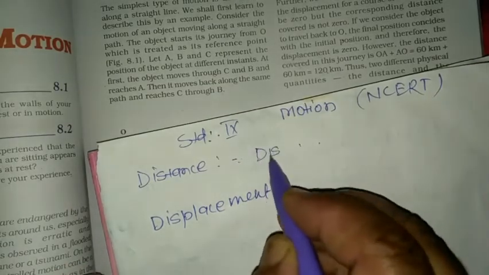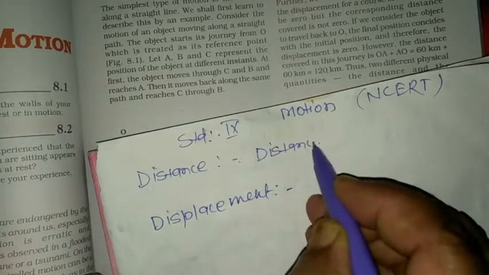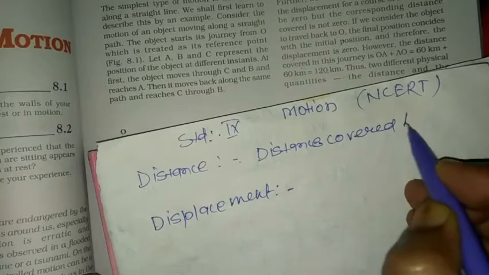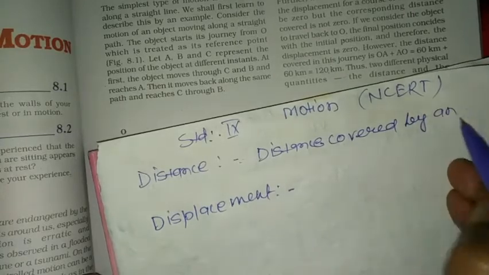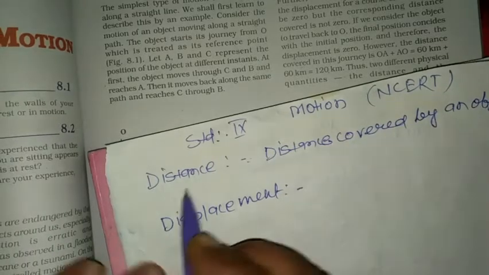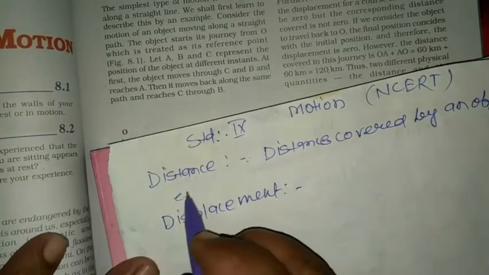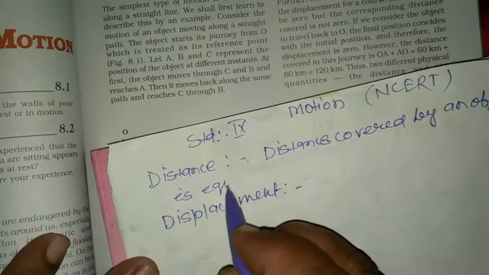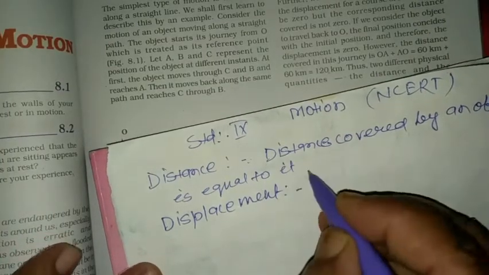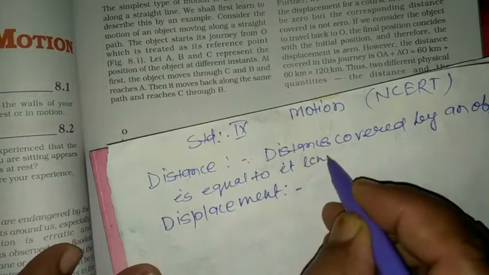Distance covered by an object is equal to the length of the path